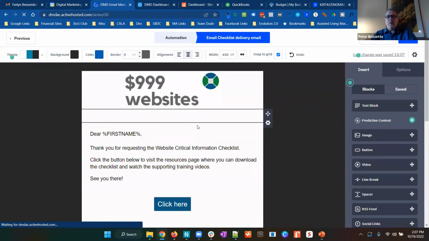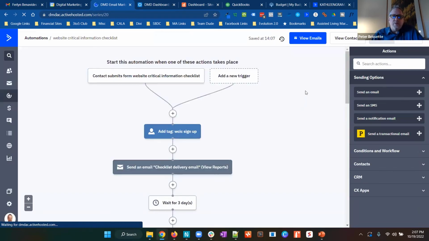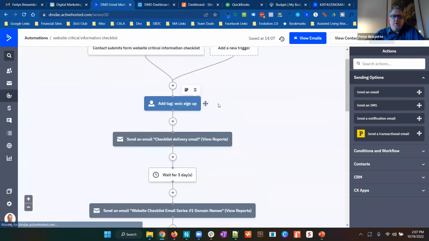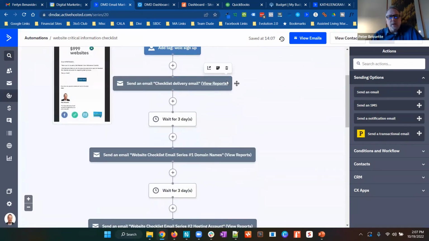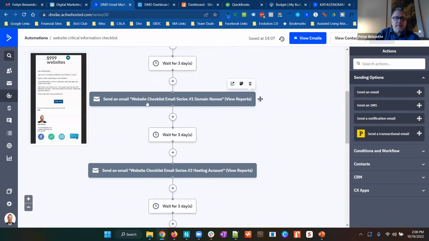So they might go watch all the videos. They may watch none of the videos. I don't know. Again, sometimes you get an email, you ignore it, but hopefully they go to it right away. Here with ActiveCampaign, I can track that and see what they've done. So then I have a wait period here for 3 days, and then I'm going to send them